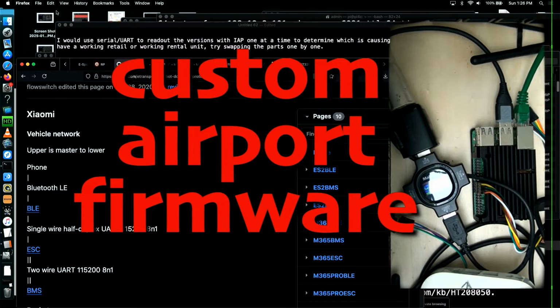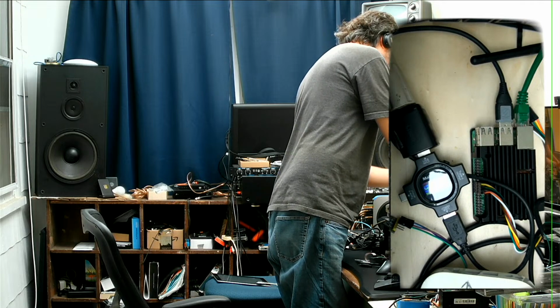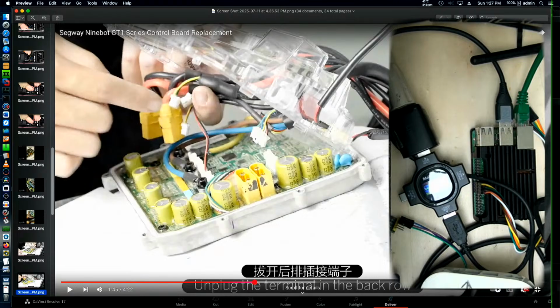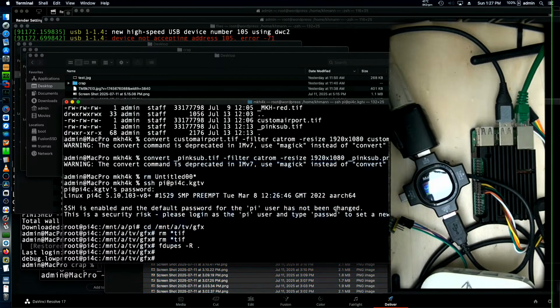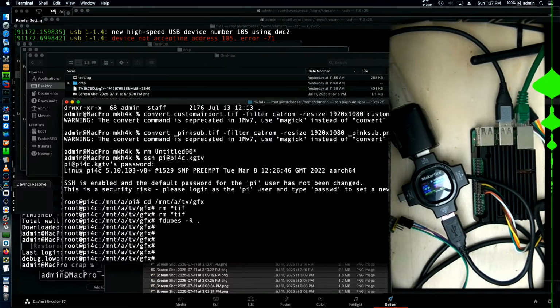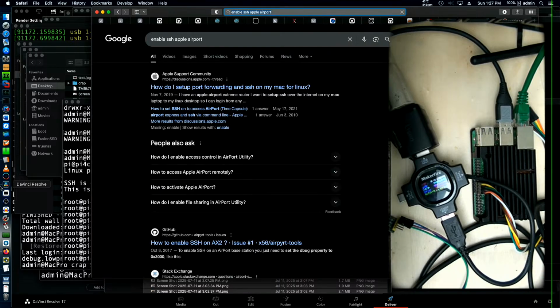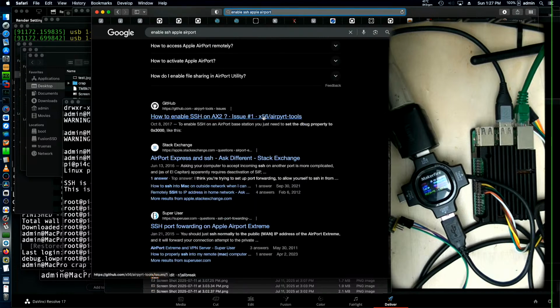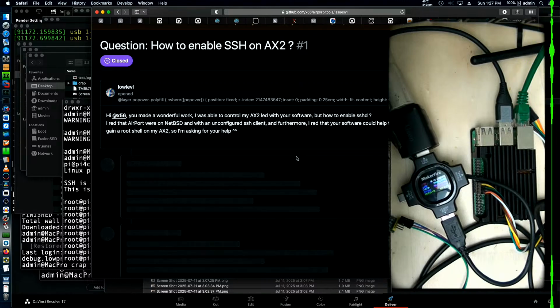What I was able to do in that case was use a TTL serial converter to get to the U-boot loader on there, and let's see what we can find here. There was a thing that came out, enable SSH. They found there was a debug flag in the config framework